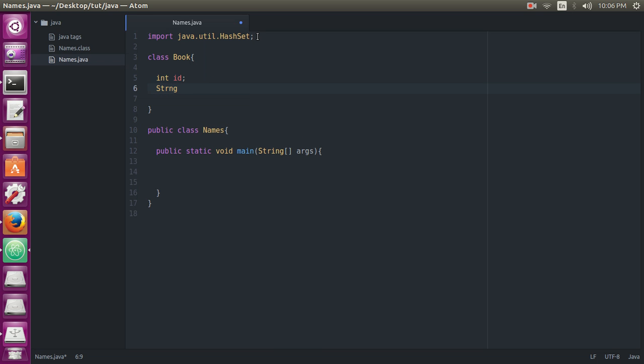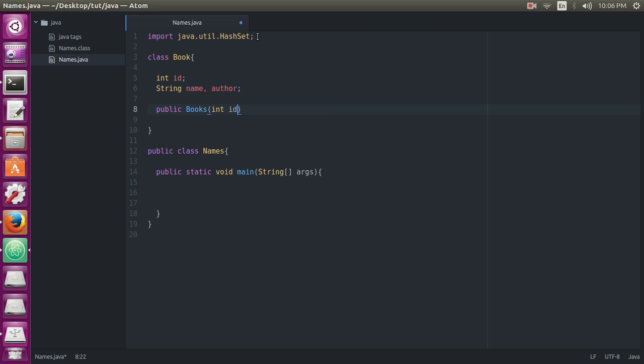So these are some of the class variables: int id, string name of the book and the author, and just defining a constructor, int id, string name, string author.